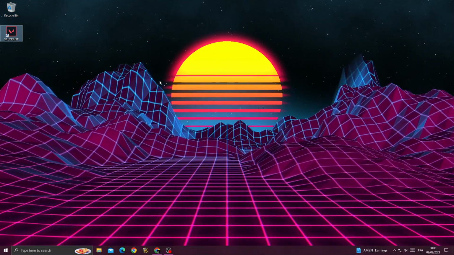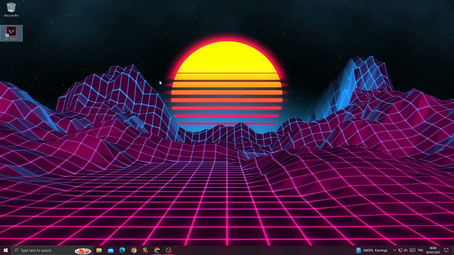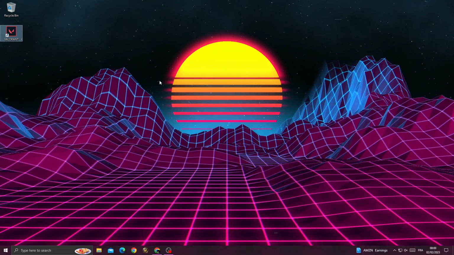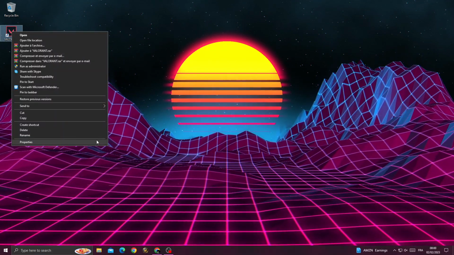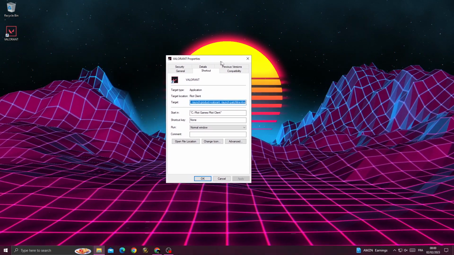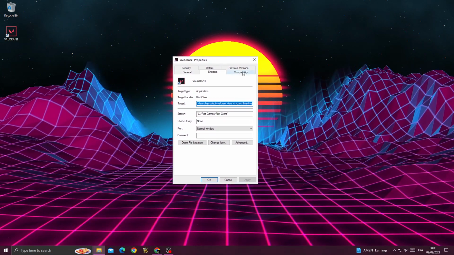How to fix Valorant black screen problem easy and quick. If you want to fix this problem, it's easy. All you need to do, just right click on Valorant, go to properties, and now once you're here, click compatibility,